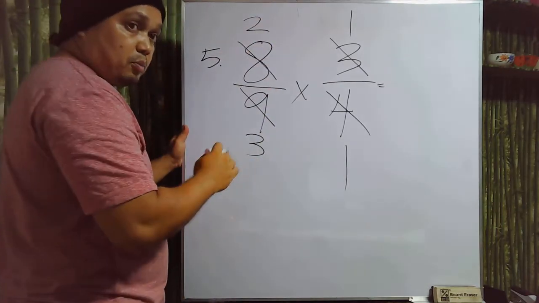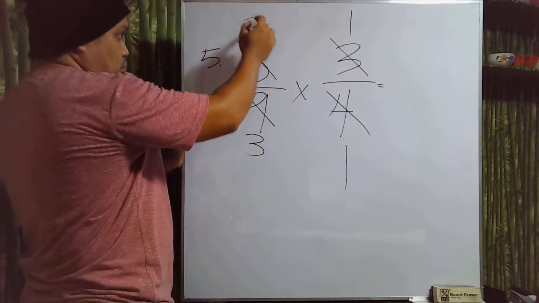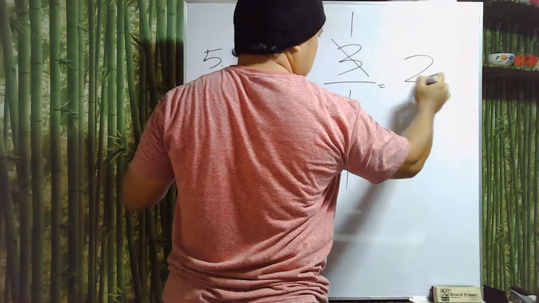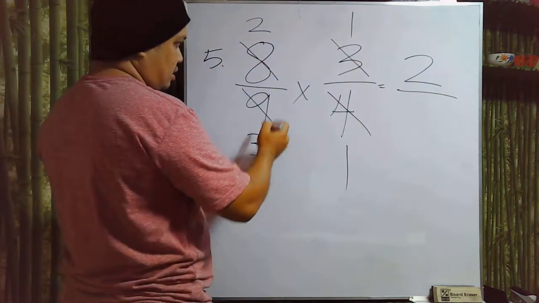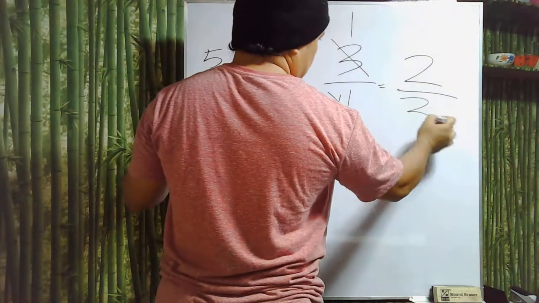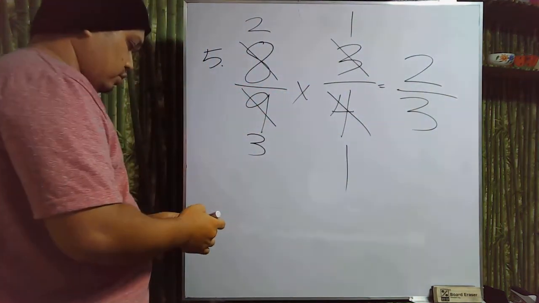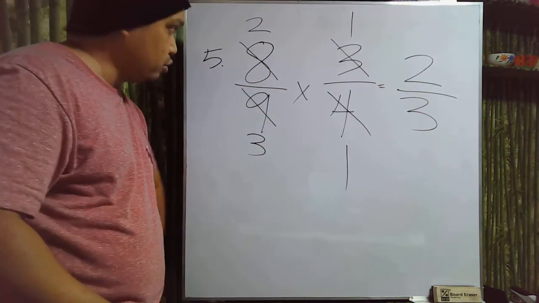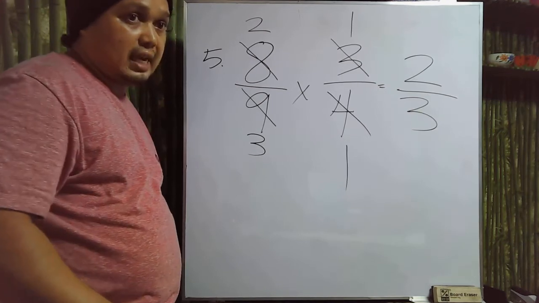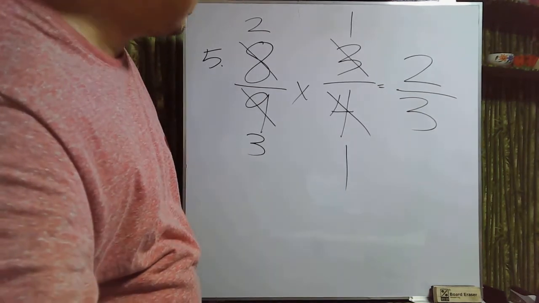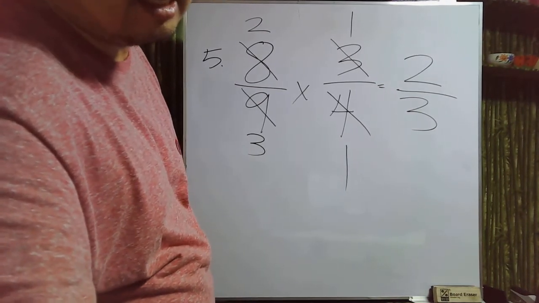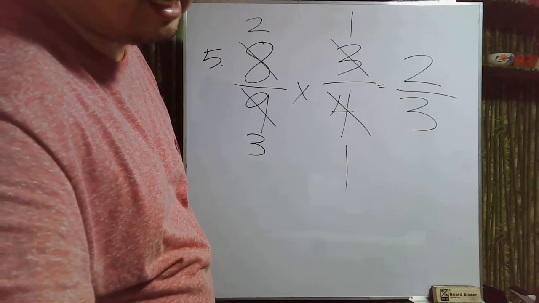Okay, now let's multiply now the fraction. Now 2 times 1 is 2, and 3 times 1 is 3. So for our final answer, we have 2/3. Okay, so that's how you use cancellation method in multiplying fraction. Okay, so that's it for test number